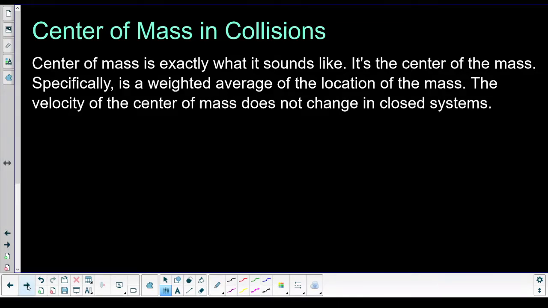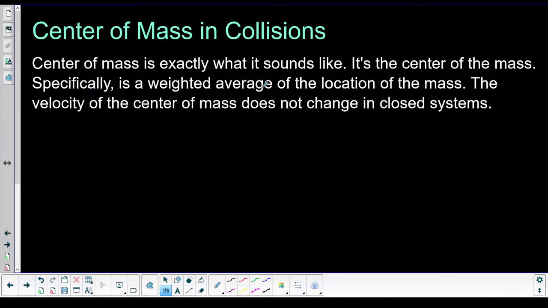Let's talk about our center of mass. This is a thing that we could spend a lot of time calculating and fighting math with, but I'm going to try and give you an idea of what it is and how you would find it. And then I'm going to give you a principle we can use for collisions, and then we're never going to calculate it again. Actually, I don't want to say never, but you get the idea.